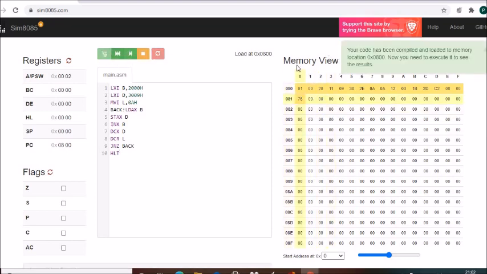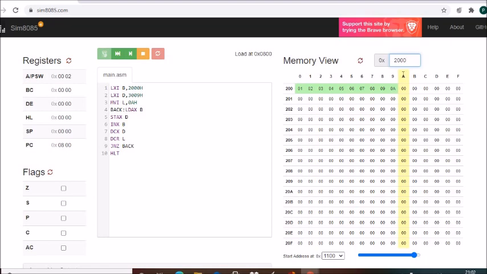Okay. So our program is loaded. Now what you have to do next? Let's go to the memory location 2000 and see. Now this will be stored in memory location 3000 in the inverted form.